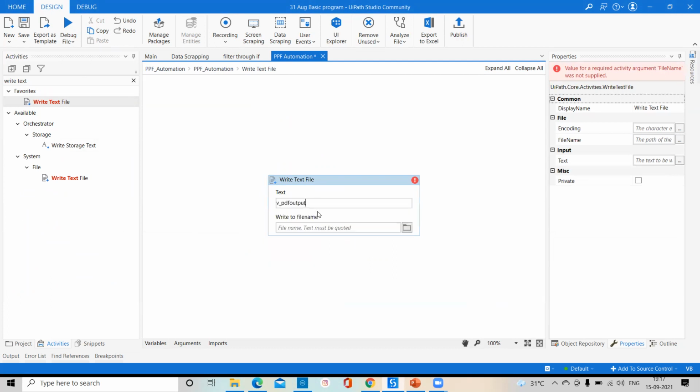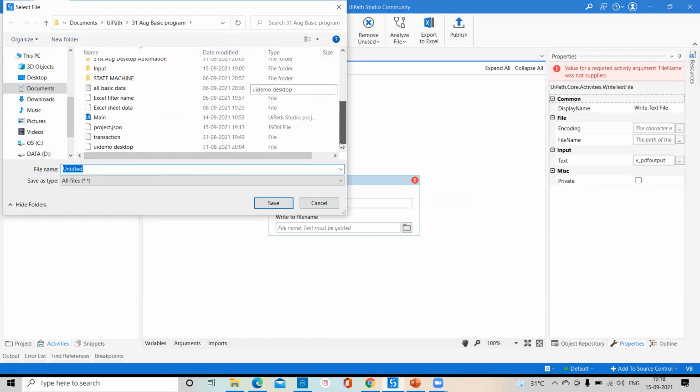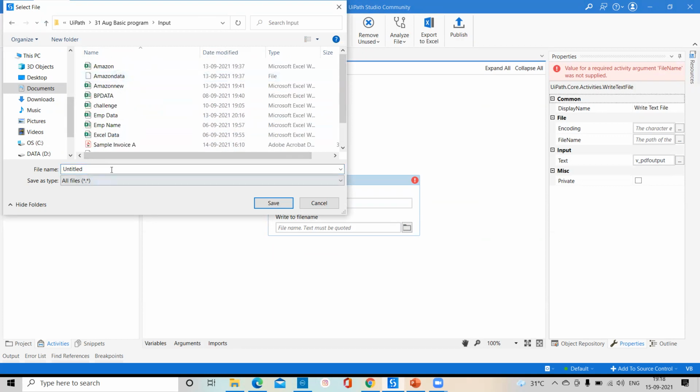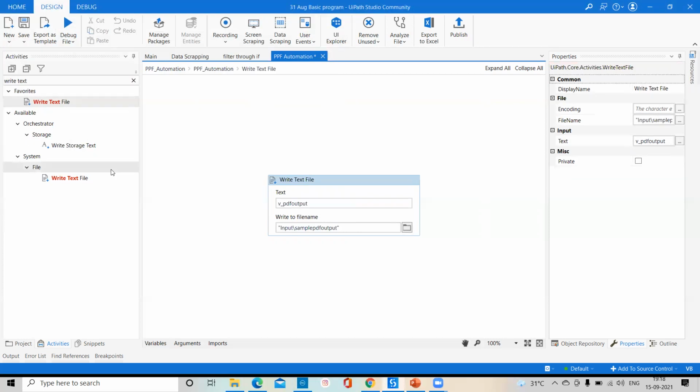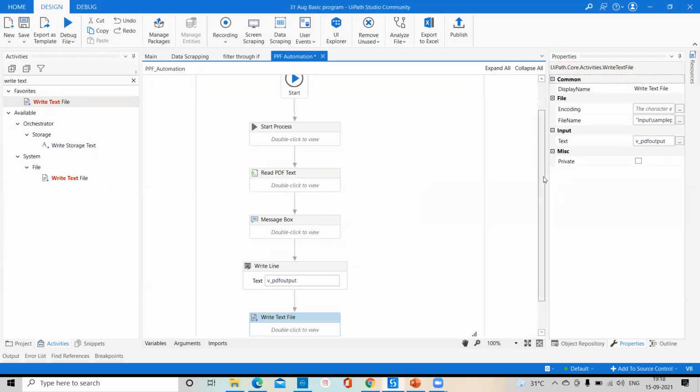So here we have already used this vPDF output, and here we'll go for file export, and here we'll create one PDF data file. So in the input folder, here we'll create it, so I can give the name simple PDF output. Okay, so through write text file, we are able to write all your data.